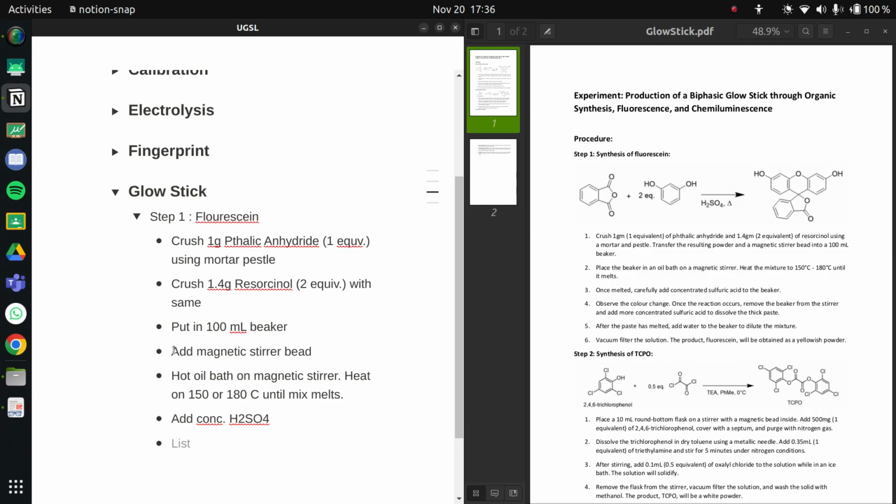As the reaction occurs, remove the beaker from the stirrer and add more concentrated sulfuric acid to dissolve the thick paste. So remove,